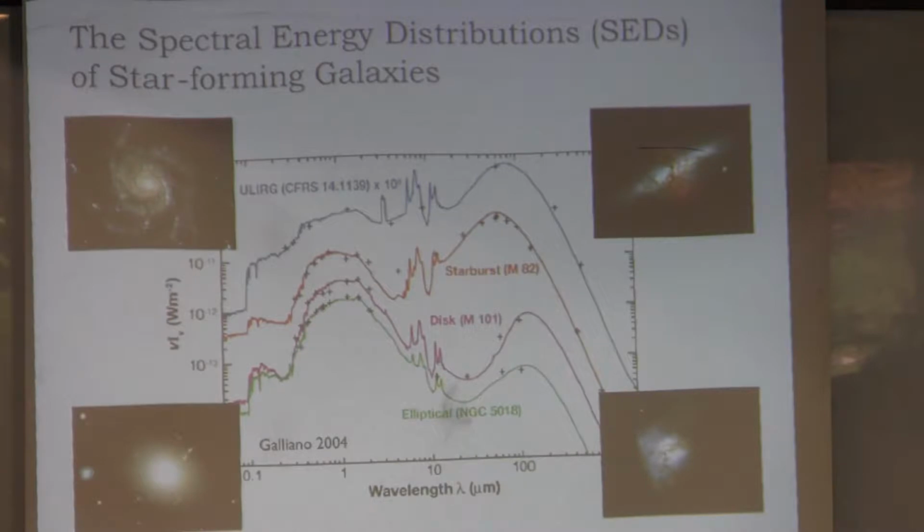Yes? In general the distribution is smooth, but what are the wiggles right in the middle? This here? Yes, right. What's that? This is emission from a particular type of molecules called polycyclic aromatic hydrocarbons. These are bands of emission related to transitions in these molecules, which are made of carbon and hydrogen. They vibrate in many different ways and rotate, and they produce these bands that are very important for us to understand the star formation. I'll talk a little more about that later.